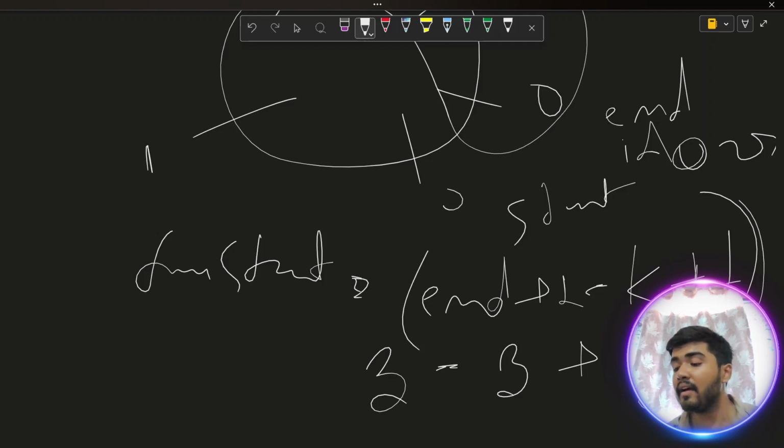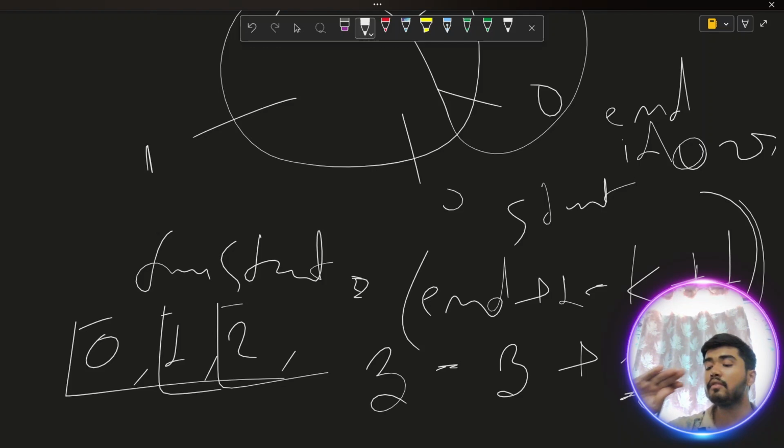So can you please consider that group? How can you consider it? By adding 1 to your answer. So that means considering that particular index, we are able to expand to a group of k. So that many groups, starting from 0, this can start from 1, that can start from 2. So these groups starting from 1, starting from 2, starting from 3,